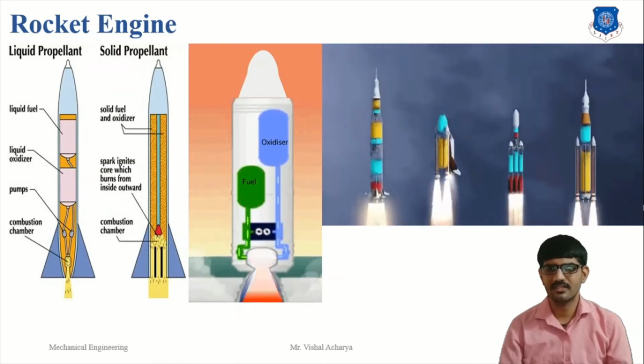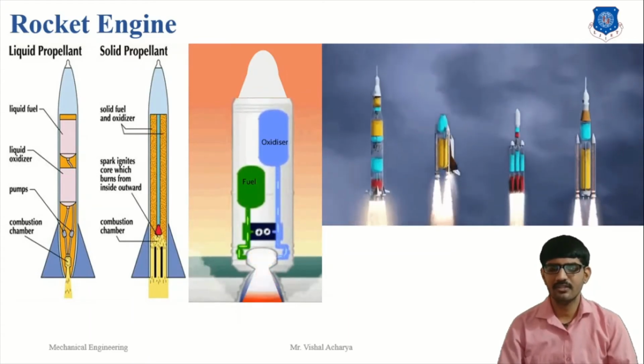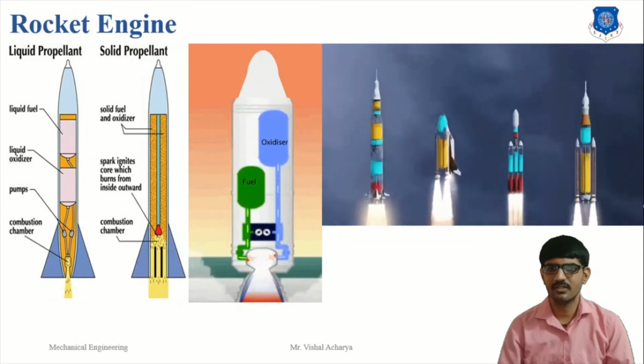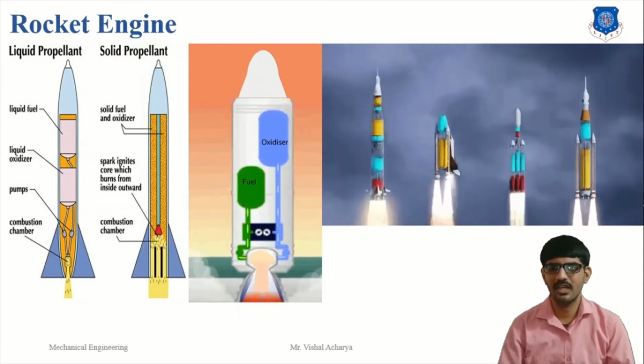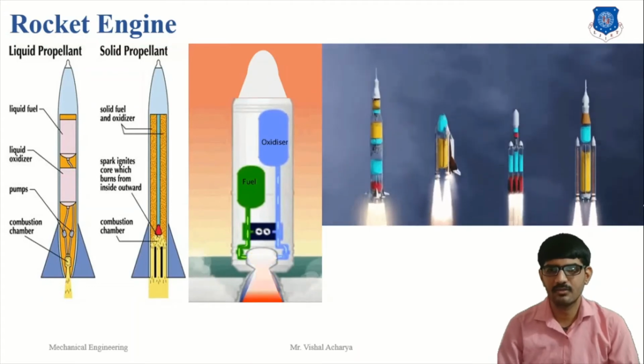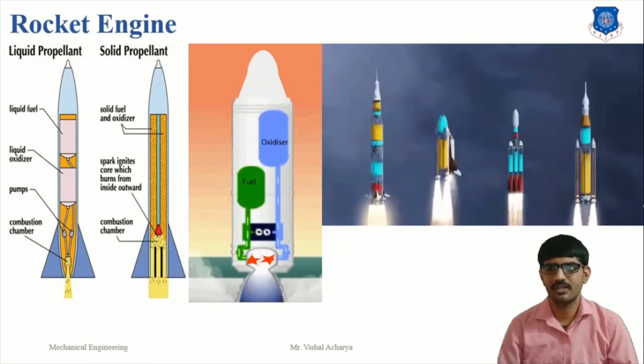Once the burning has started, it continues until the propellant is exhausted. With a liquid rocket, you can stop the thrust by turning off the flow of the propellant, but with a solid rocket, you have to destroy the casing to stop the engine. Liquid rockets tend to be heavier and more complex because of the pumps and storage tanks. The propellants are loaded into the rocket just before the launch. A solid rocket is much easier to handle and can sit for a year before the firing.